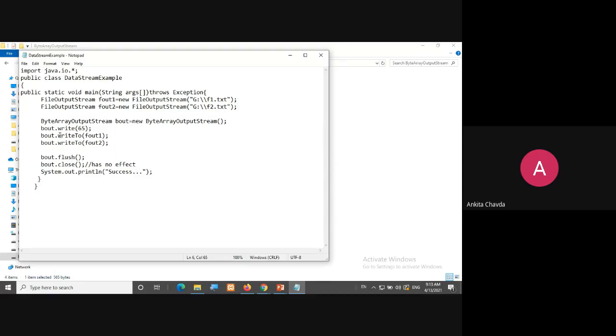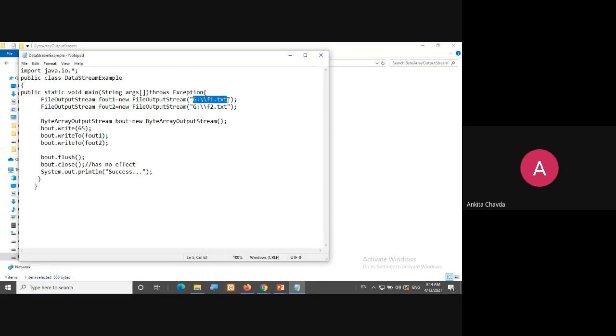For that there is one method supported in this class, ByteArrayOutputStream, which is the most important, which is writeTo method. Whatever is there on this stream bout, which is the byte array output stream, that data, the 65, will be written to this file, the fout1 object.